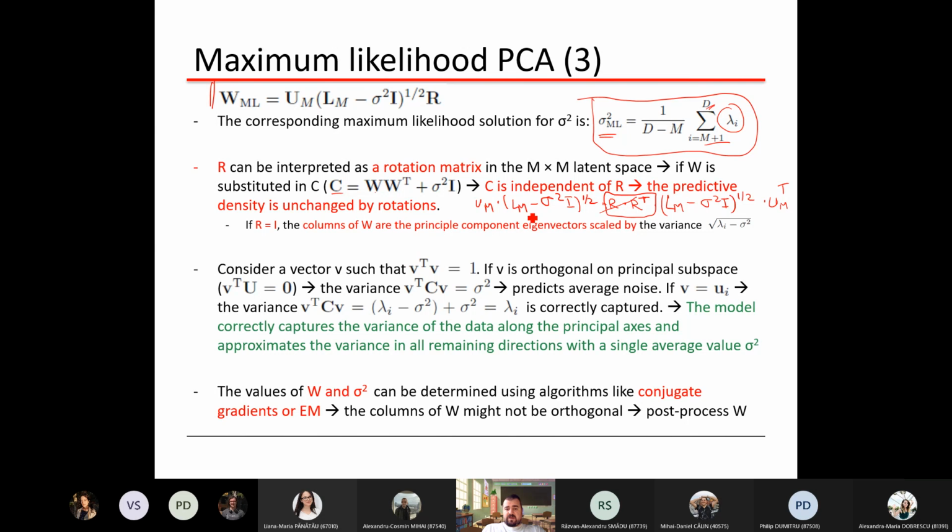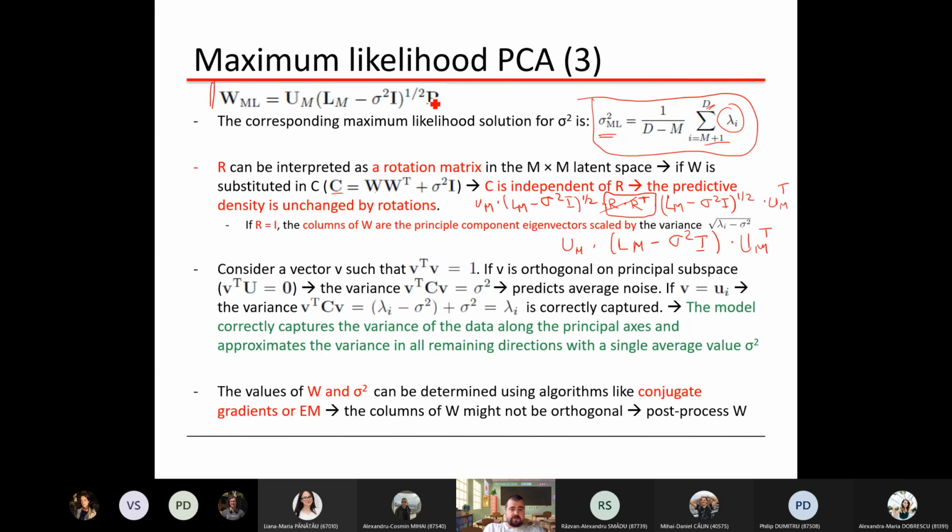And we will actually have UM multiplied by LM minus sigma squared I, it's the square root from here multiplied with the square root from here. We will not have any power left. Multiply with UM transposed. If R equals I, so identity matrix, it means that the columns of W